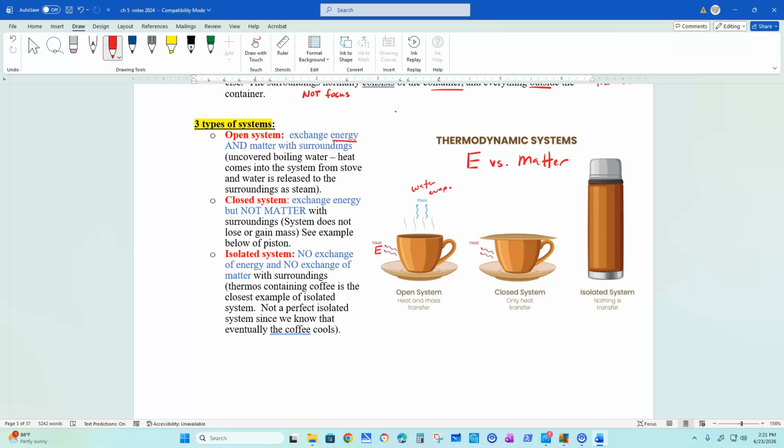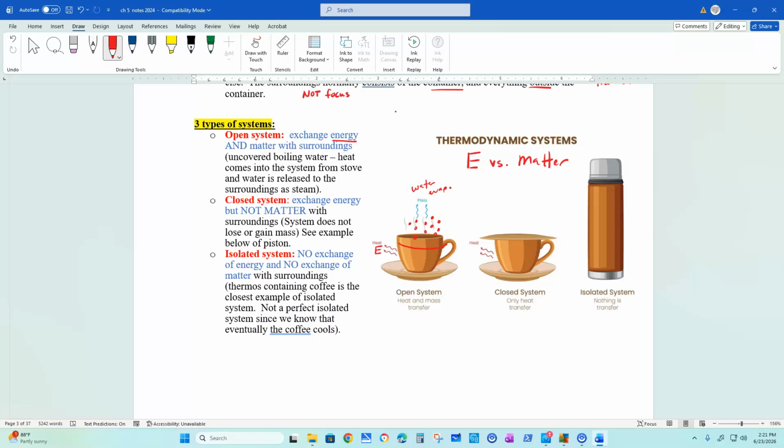So at evaporation, you have your liquid in here, but when that liquid evaporates, then it turns into gas, because the law of conservation says the total mass has to equal. It just got rearranged to something else. So because of that, energy is exchanged and matter is exchanged. So we call that an open system. Anytime we do labs when we're heating stuff up, it is always an open system, okay?